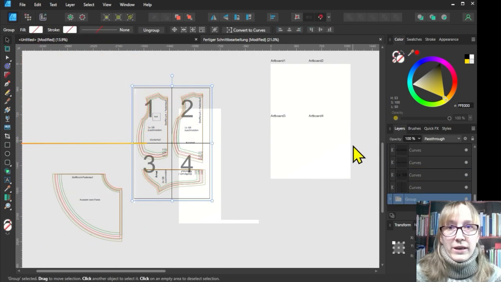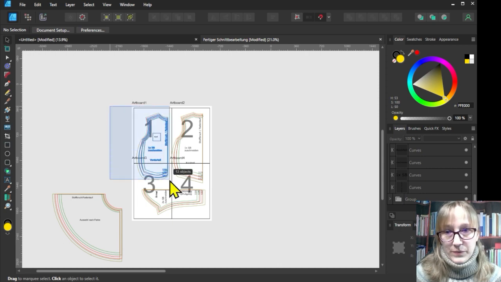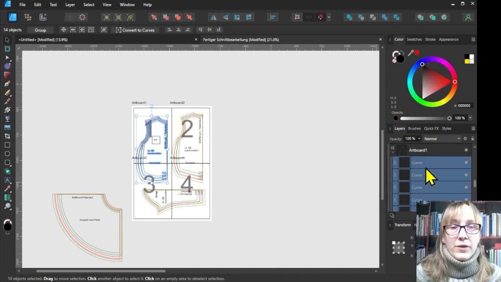If you want to make fine adjustments now, please remember to first move the page template away and then adjust it, and then place the page template behind it again. Because when you move an object on the page template, the objects are dragged out of the layers onto the single artboards. If you don't have layers and it's just one object that fits completely on the page, that's no problem. But as soon as it goes across a page, it has to be right on the top of all the